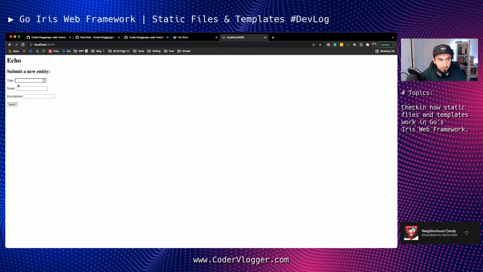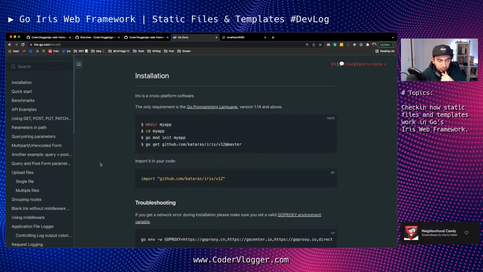And we can actually submit this form. For now, we don't list all items here. So this is also still an open topic for the Echo framework, which we will take a look at later in other sessions. But for now, the goal is to have the exact same or very similar for Iris, using the Iris web framework. So for this, I will need to check how first I